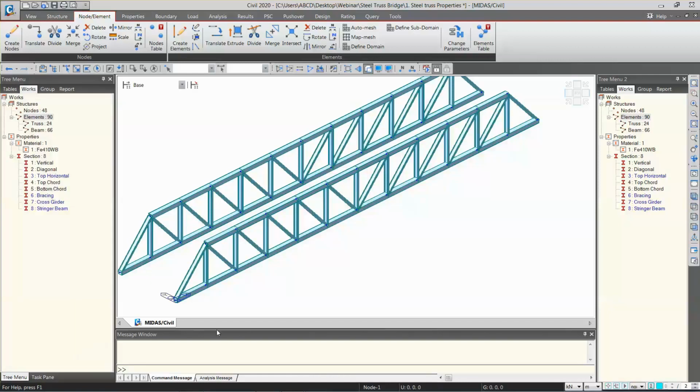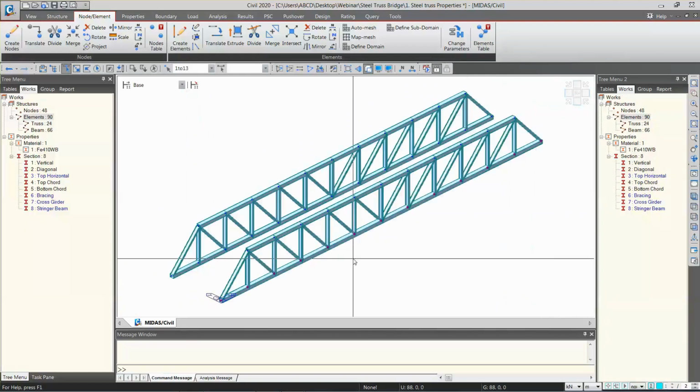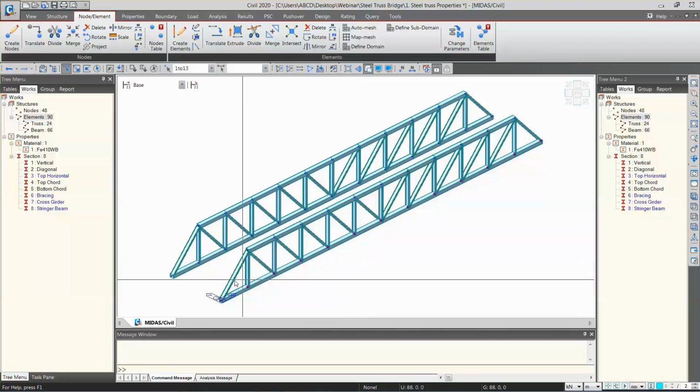Now we have to create the cross beams at the bottoms and the top horizontal beams at the top location. Okay, so I'll come to one side view and I will select only nodes. So what command are we going to use here? Can you guess it? We have to create a line element from this single point. Okay, so this is nothing but the extrusion. So you must be aware of this command.